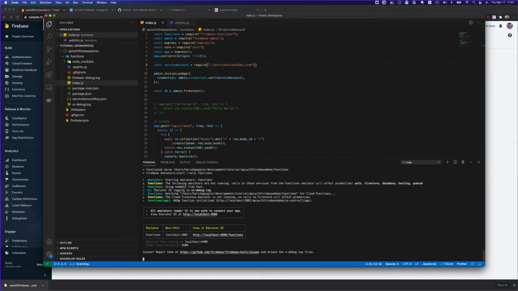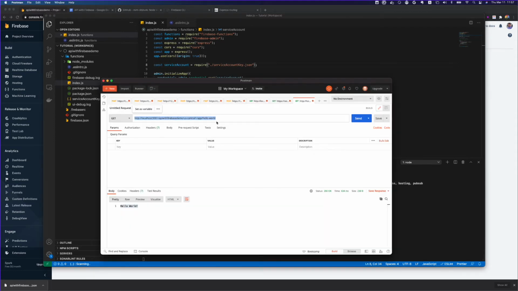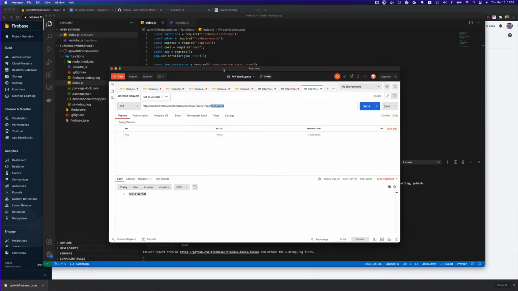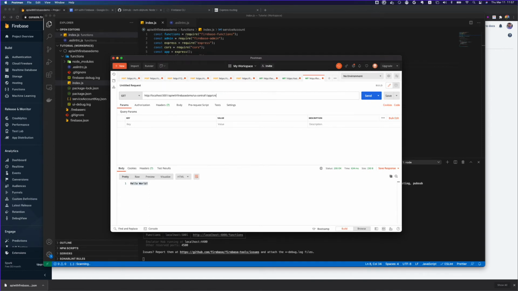And let's go to Postman. What did we name it? API/create, and then it's a post method, because we want to create something.